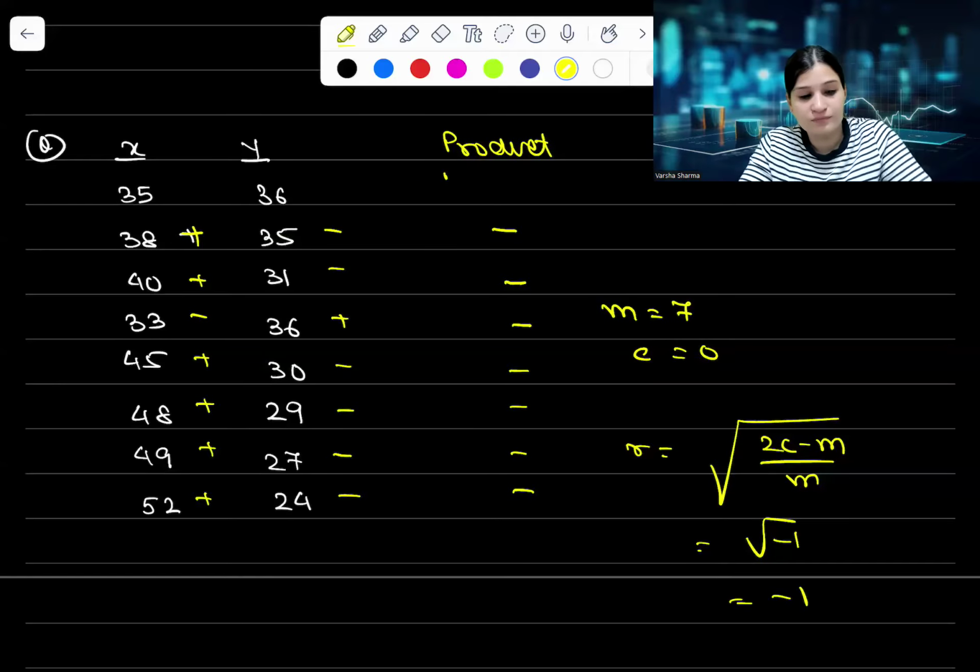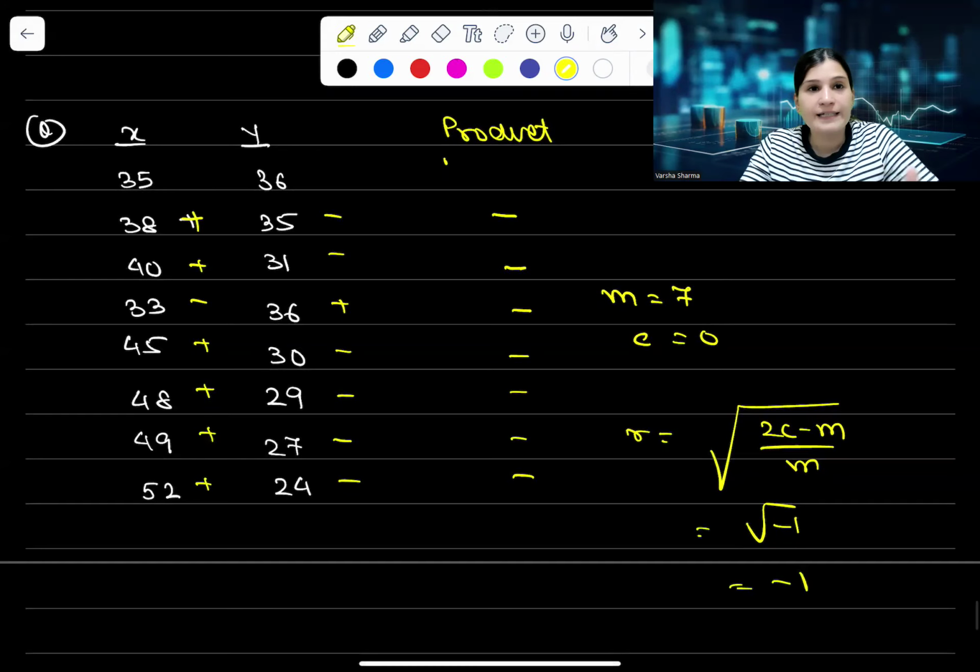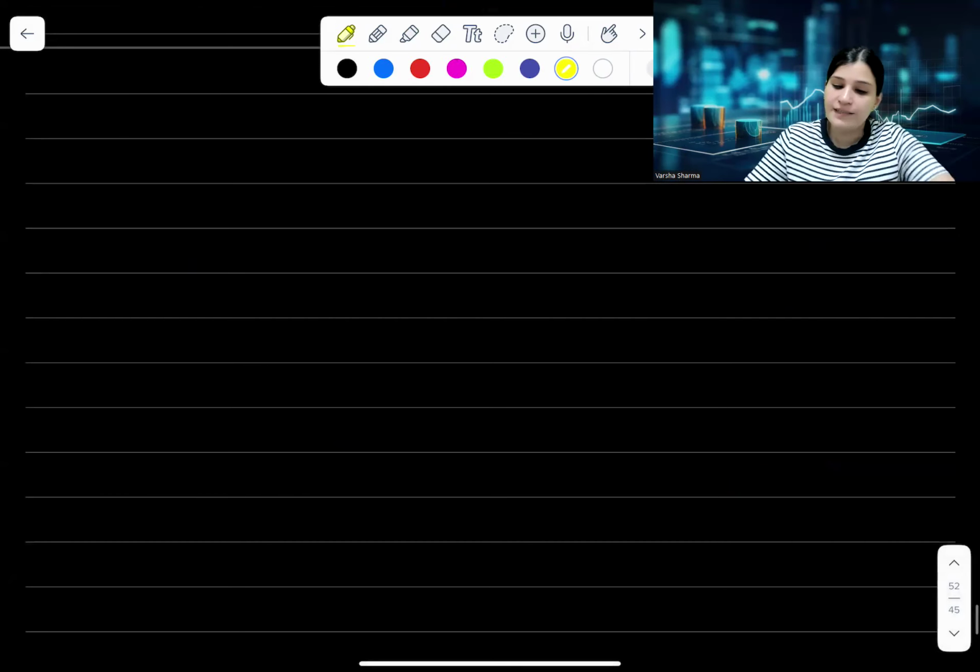Any doubt? No, ma'am. All of you clear? Yes, ma'am. So the scatter diagram is pure theory. Concurrent deviation is only this much. Any doubt till here? No, ma'am. Then we have